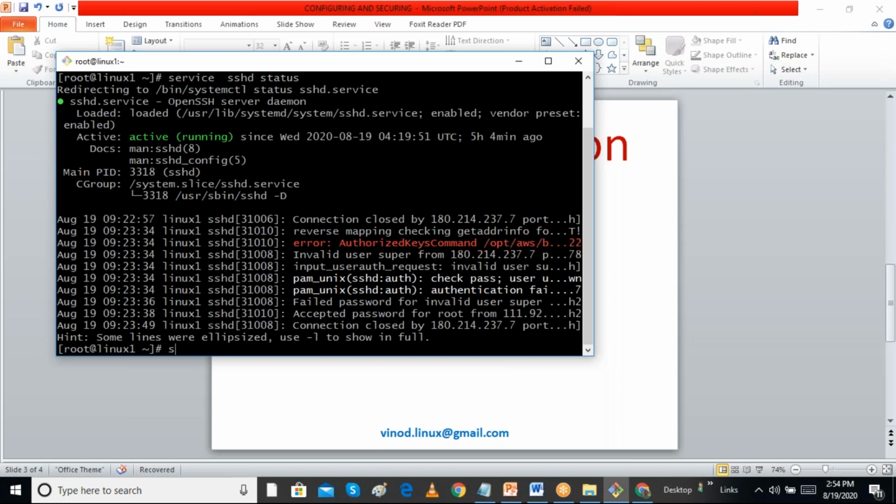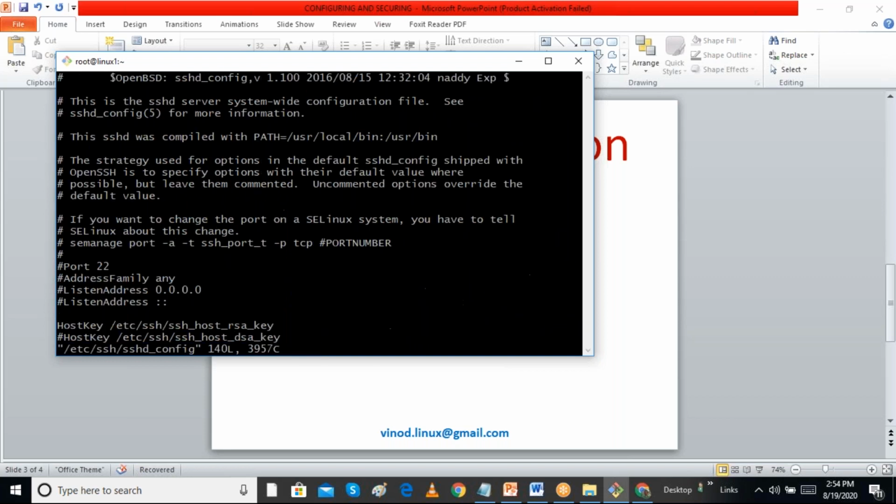Also we can check by systemctl status sshd. Sometimes we have to check the configuration file /etc/ssh/sshd_config.